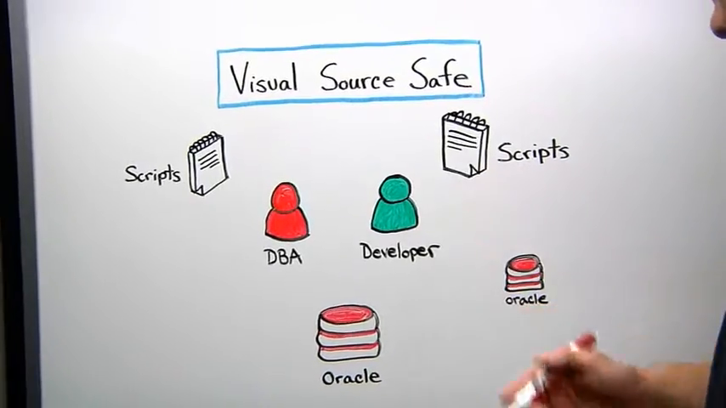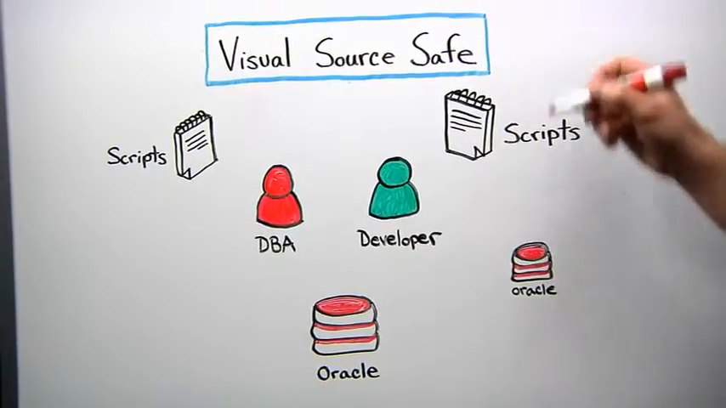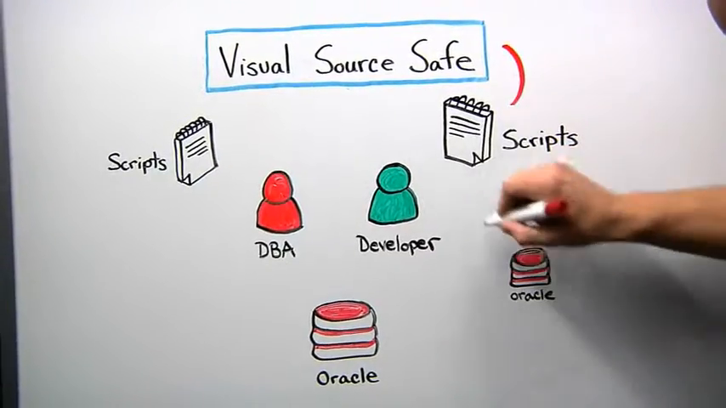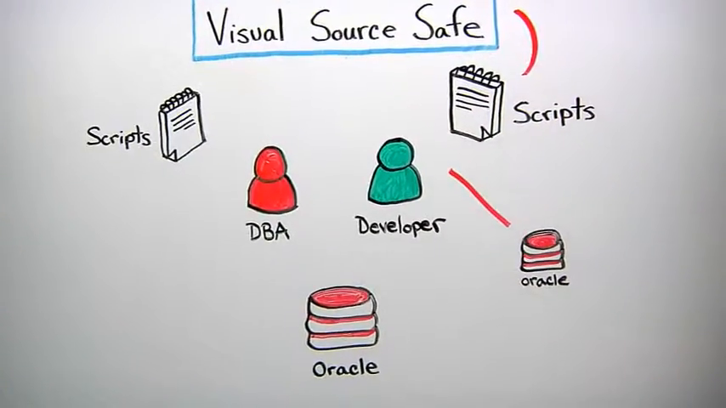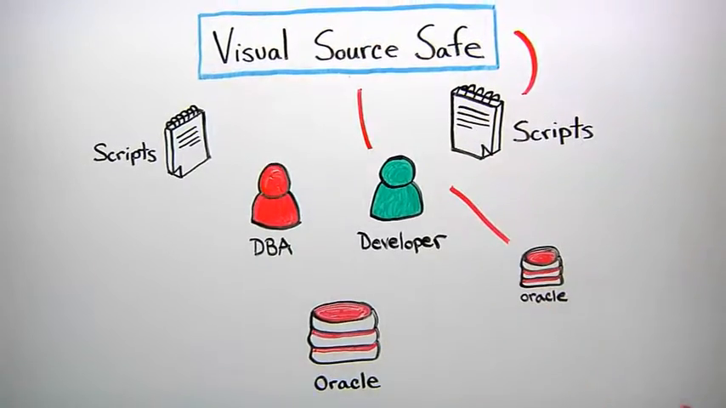So in most Oracle environments today, you'll have Visual Source Safe or some other form of version control in place. So as a developer, I can check out a script and then work on that script in my local sandbox environment. Now when I'm finished with the script, I can just check it back into Source Safe and notify the